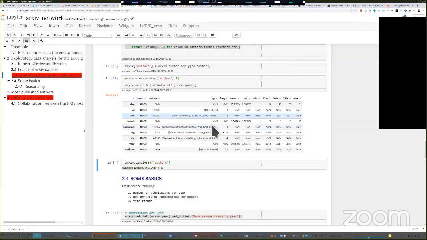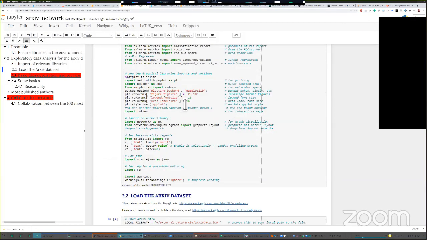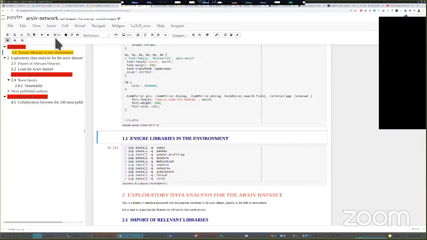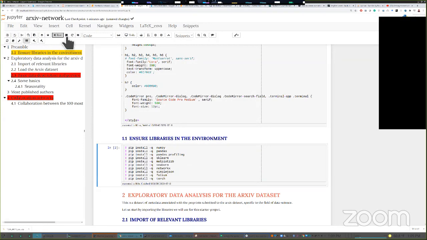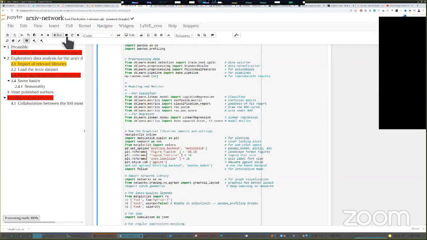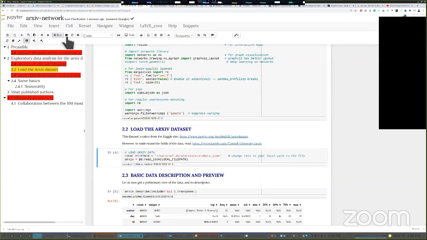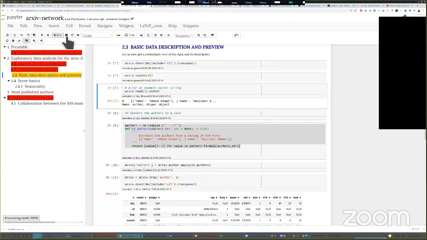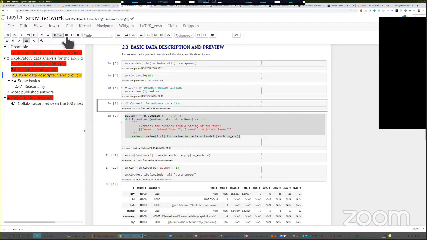So I can show you. Is it restarting? Yes. So let's go from the beginning and run it. This doesn't need to be run. This is straightforward. I'll keep running it. Yeah, we'll wait here.